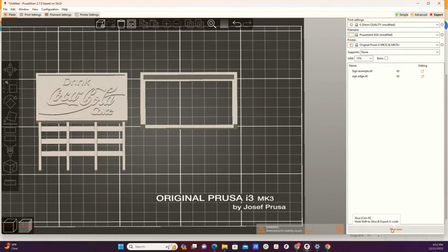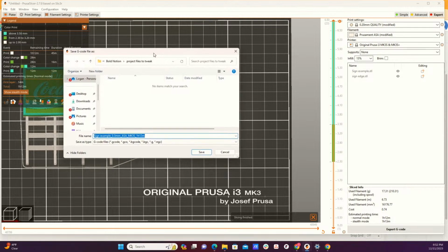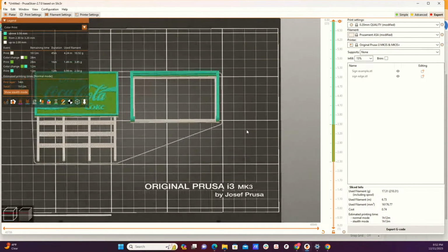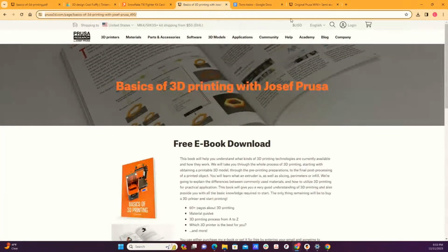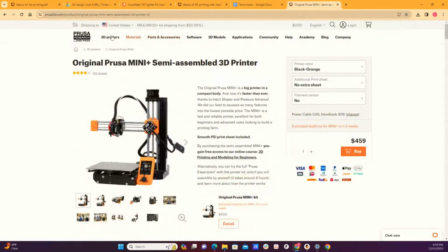So after you do that, you slice this guy, right? And then you export this G code. And depending on if you have it networked, you can send it right to the printer, or you can add it to a removable device down here and plug the USB right into the printer, or the SD card, depending on the model of printer that you have. So the MK4 and the Mini will use a USB, but if you have the MK3S, because that's the other thing we didn't really talk about, we still sell the MK3S Plus as well, and those are about, I think, $200 cheaper than the MK4s,